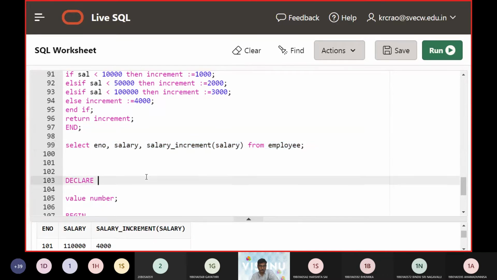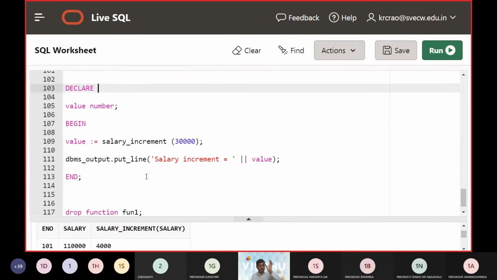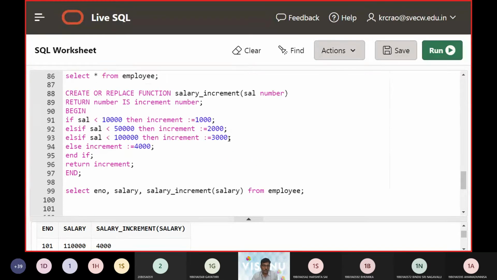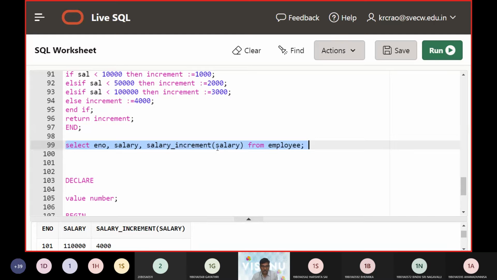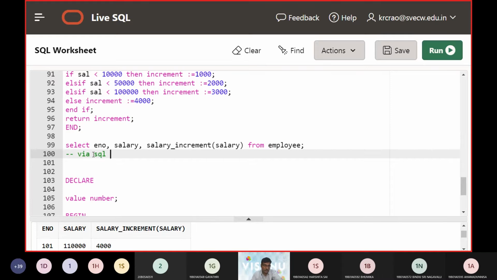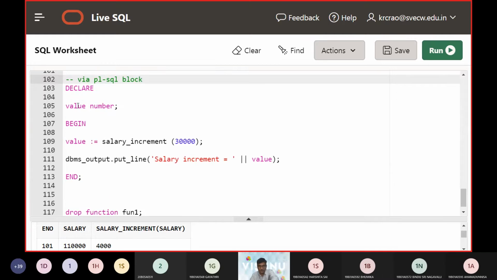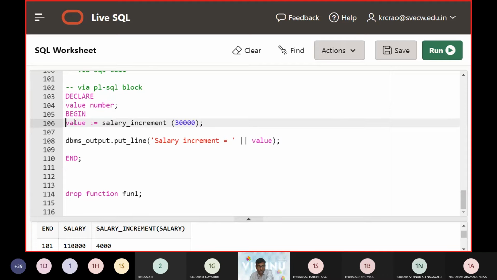Okay, so now we can even directly call it from the procedure. There is another way of calling this also. Instead of putting this in the SQL, which we made via SQL call, now let us see the second way via a PL/SQL block. Via a PL/SQL block also we can bring in these functions.